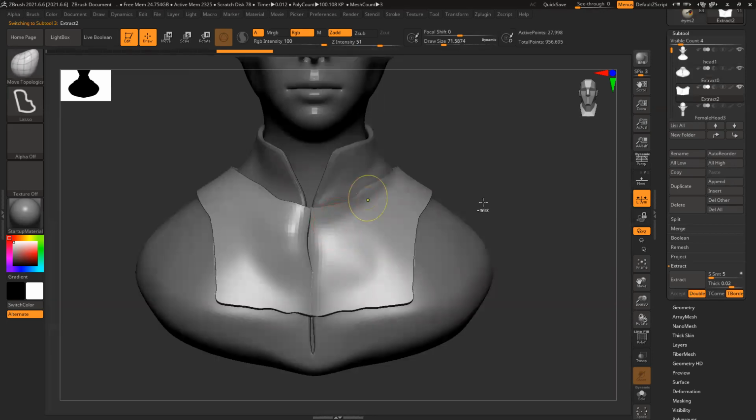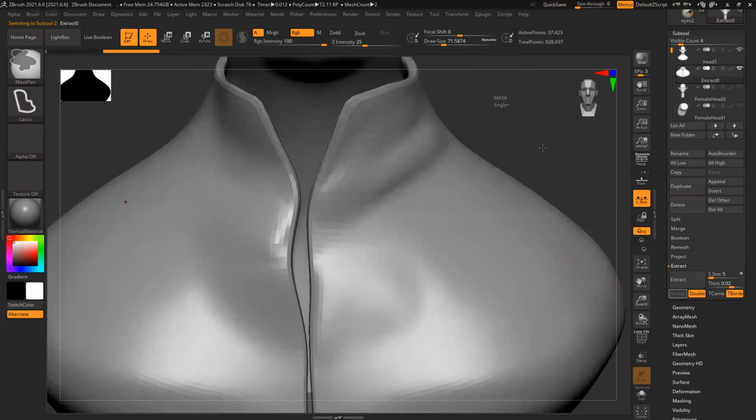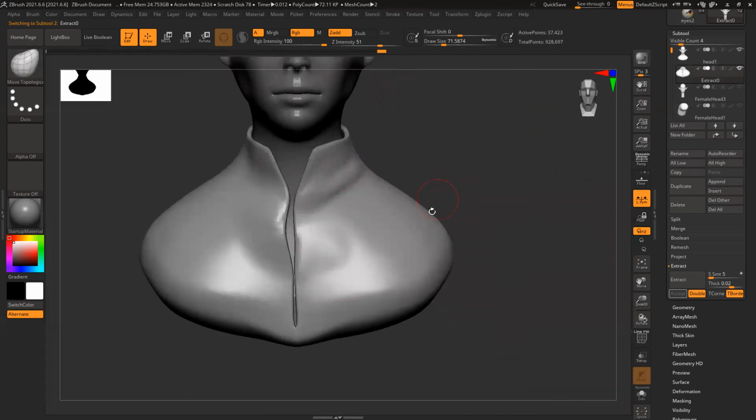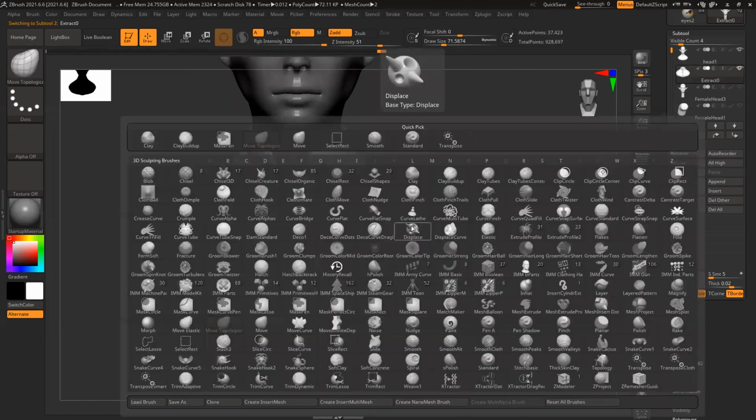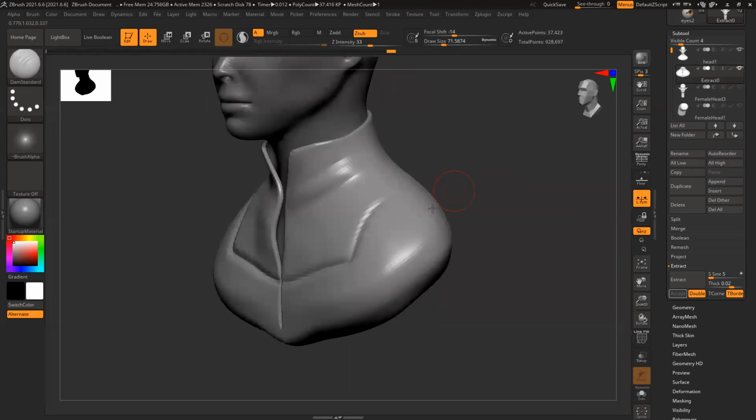Move topology, switch off your symmetry, and all these things I can move, place it here. Or I can work on this model directly to add that volume, standard. This also works.